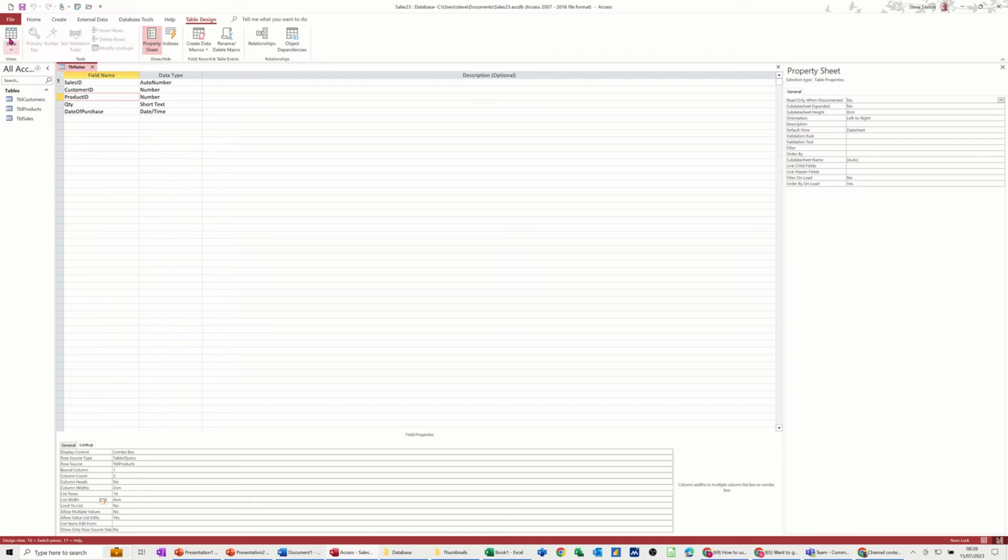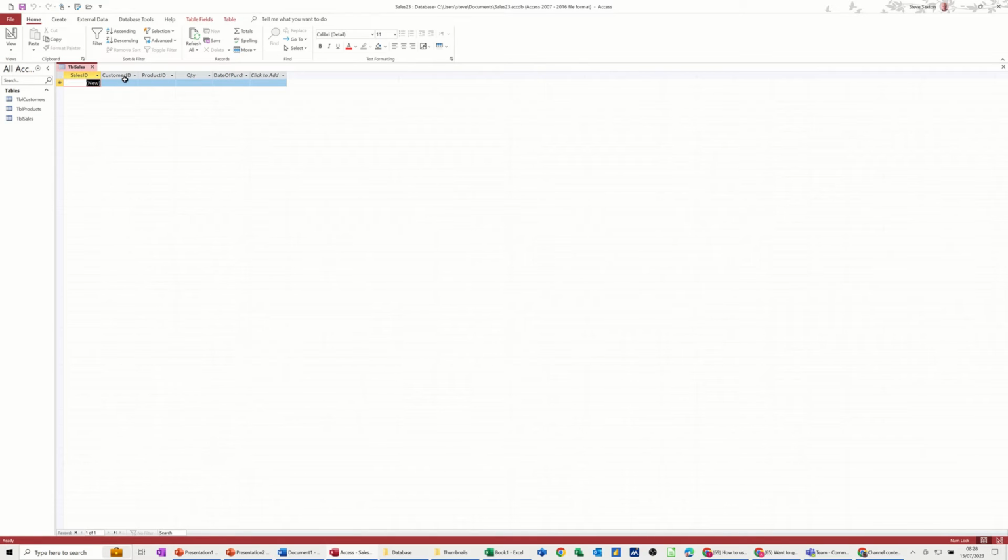And if I have a view, let's have a look. So customer ID gives me a drop down. I can see that information. There are no customers in there at the moment, so everything's looking okay, so I can close that down. Now what I need to do before I put any data in is link these tables together, so I get